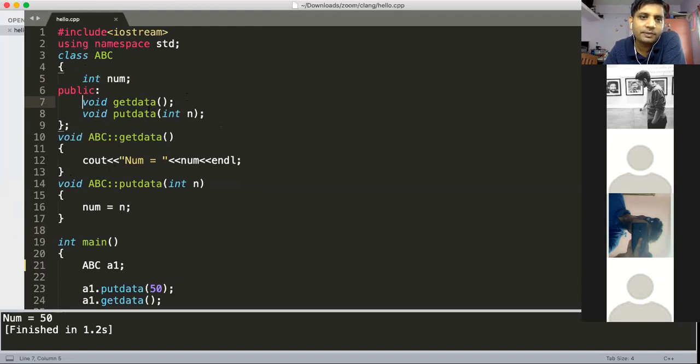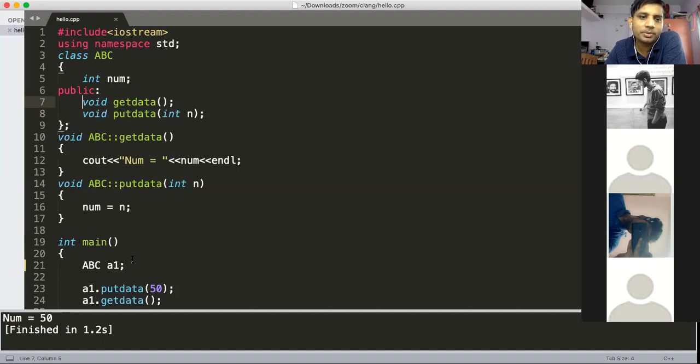If you define the function inside the class, that is known as an inline definition of that function. It means that for every object, the definition is repeated. Every object has its own copy of the function.